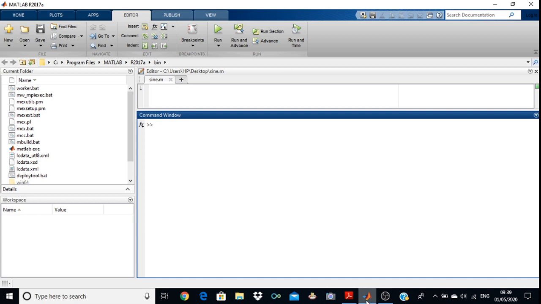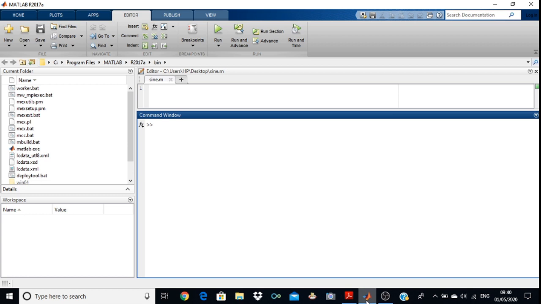Now today we are going to perform one more experiment, and that is the addition of two 3 by 3 matrices. Before performing this experiment, first we will have to understand the matrix size. If a 3 by 3 matrix is given, then 3 is the number of rows and 3 is the number of columns. Suppose a 3 by 4 matrix is given, then 3 is the number of rows and 4 is the number of columns. Now you have to enter this 3 by 3 matrix in your command window.